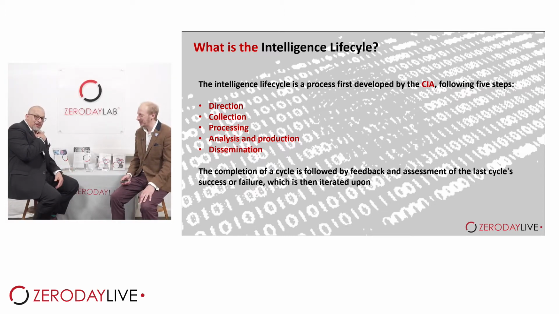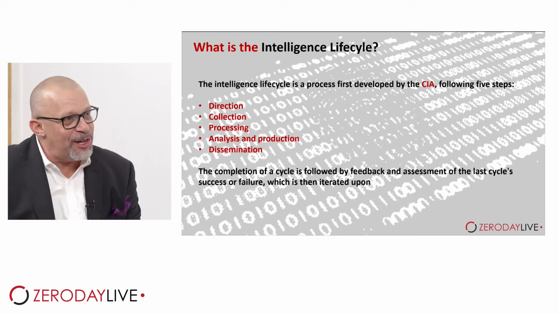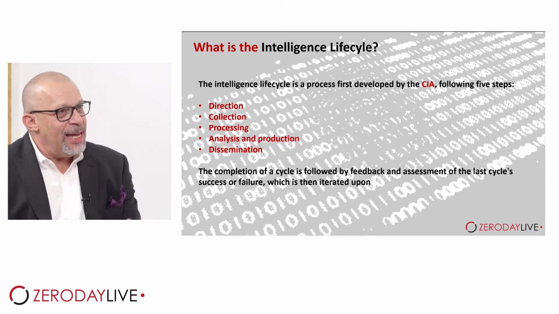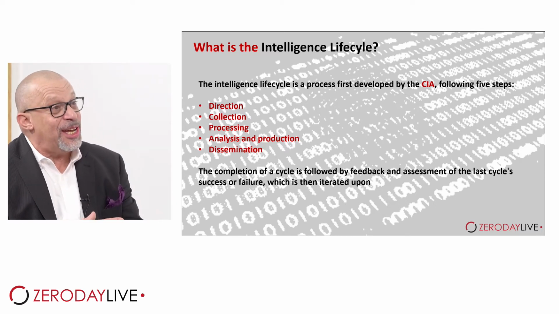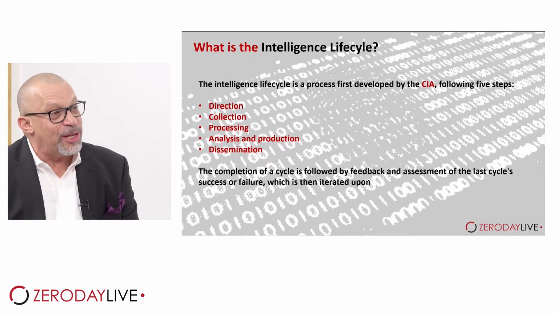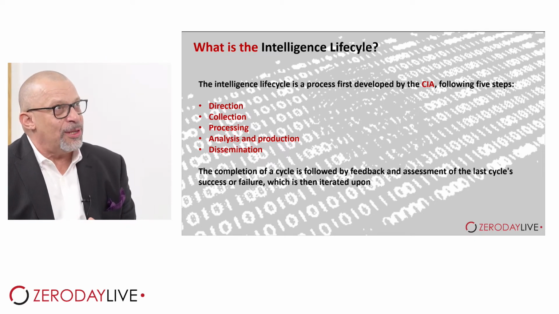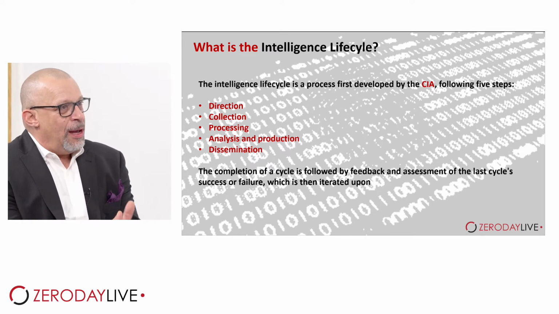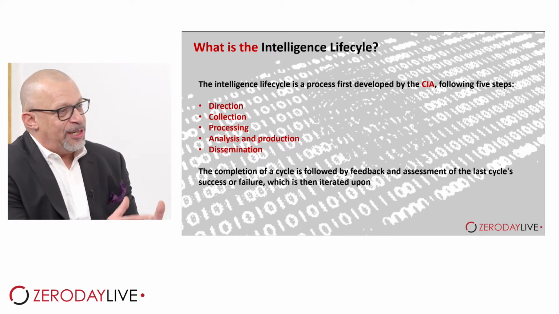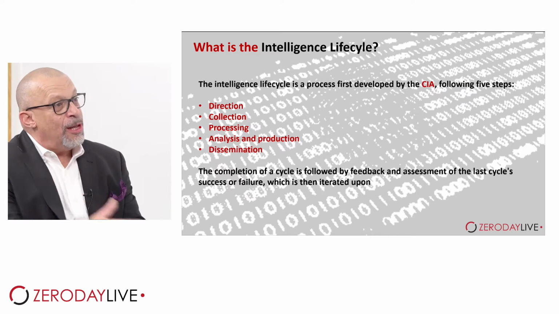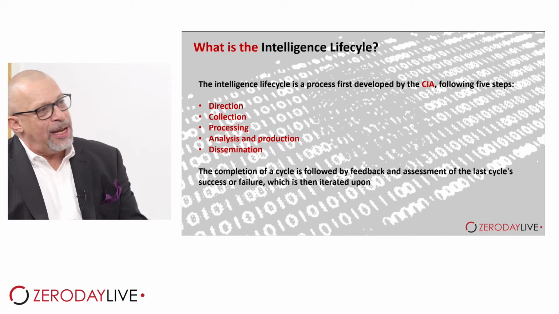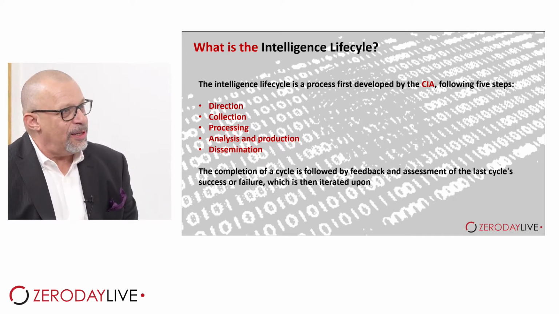I have to be honest to say that for me, the whole phrase, the intelligence life cycle, when I look at it in the planning and direction, collection, processing, it doesn't really hang together. I understand what the CIA are getting at and where they're going with it. But for me, I always thought the intelligence life cycle was, I found out this piece of information, but how long is that piece of information valid? Here's this exploit for Windows. We've now patched the server that exploit would have affected. That intelligence is now no longer a threat. So surely isn't that the life cycle?